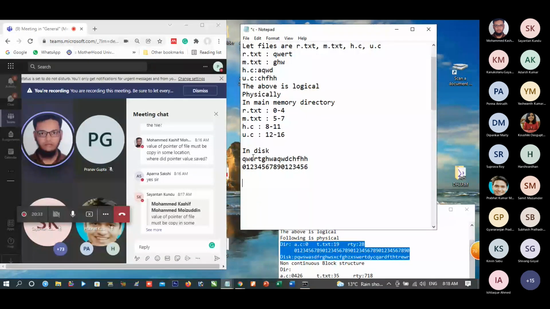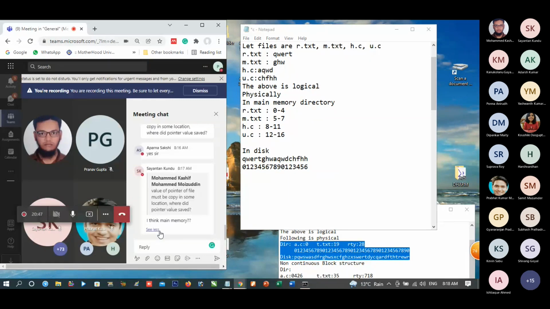No, the value will be stored. From which location the file starts and from which location the file ends, it will be stored in the directory. If you see, in the directory, we are storing that file r.text starts from 0 and ends at 4.